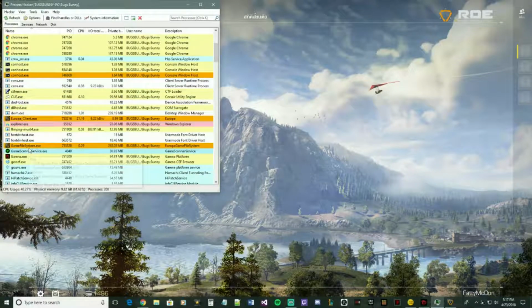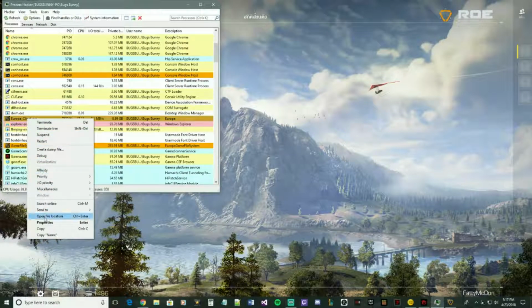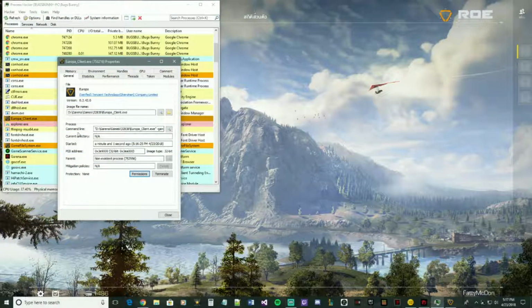Click on that, and when you do find it, then go back down to where Europa Client is. There should only be one now. You're going to right click that, click on Properties, and then you'll find the thing that says Command Line. And just because I do not want you seeing my user ID,